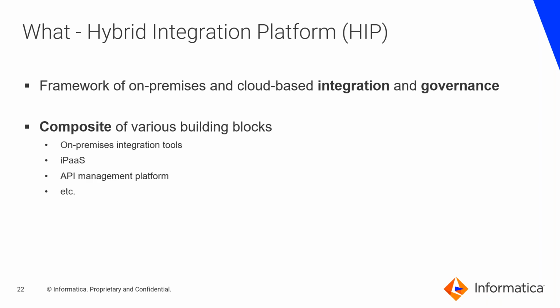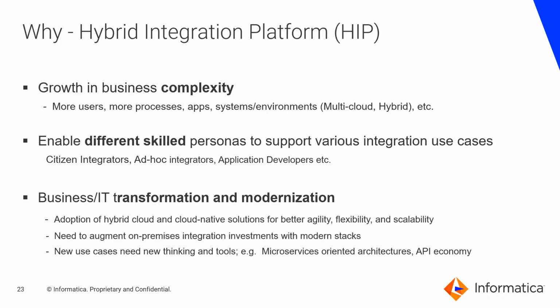And what we're trying to do is enable integration in a more governed fashion. We've heard of application sprawl, we've heard of tech sprawl, there's also integration sprawl. So you don't want integration sprawl, you want to have the right technologies and tools to solve for the right problems. And you want to enable those different personas. So moving along,